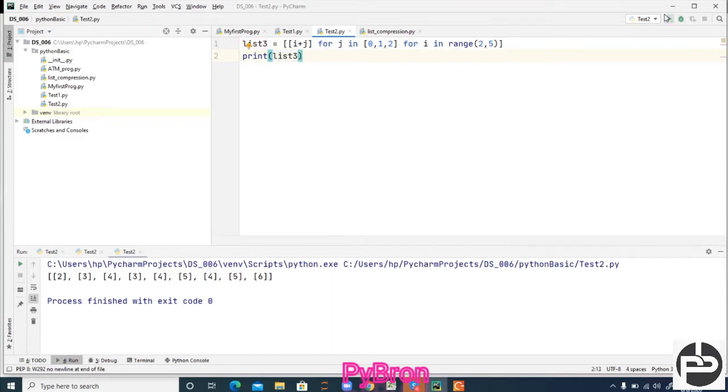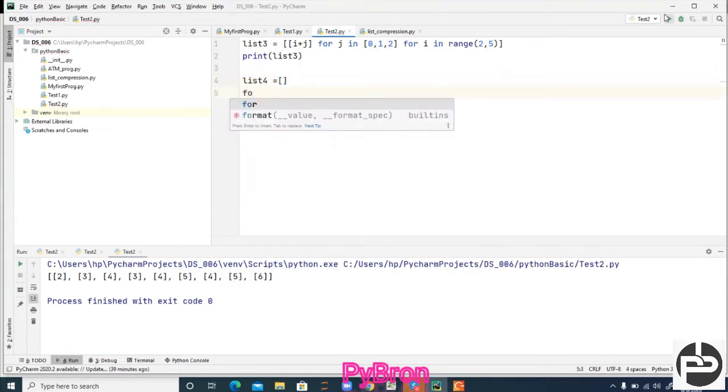Let me show you the conventional way. I'm going to create an empty list, list 4, and show you the same thing with the for loop.